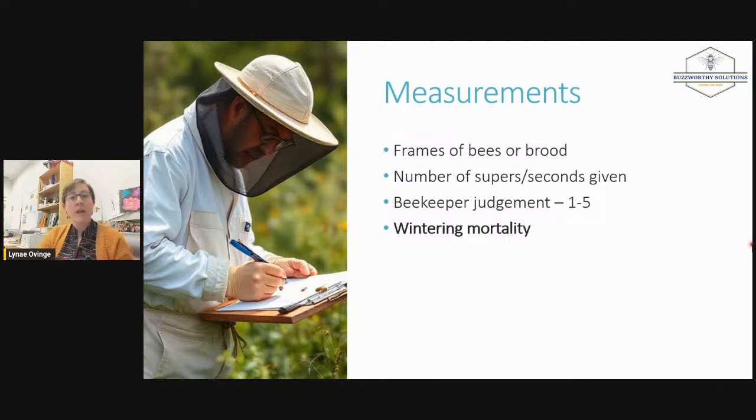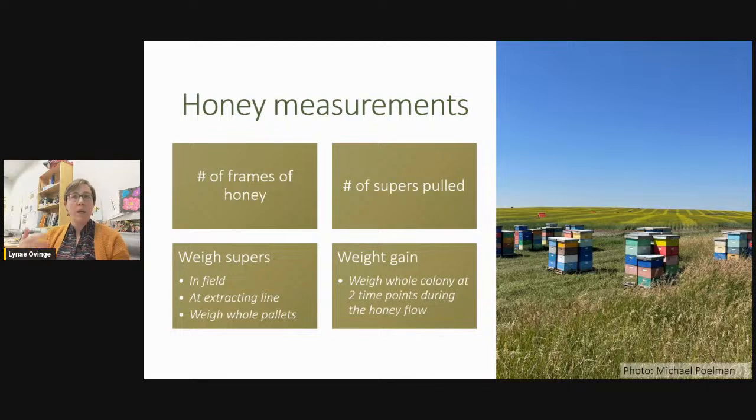You don't have to. And like I said, wintering mortality is a good measurement. We need to have some huge sample sizes to find effects using it, but it's a really great way to measure anything that you're doing in the fall because it's really the number one economic outcome of your fall choices. And so the number one economic outcome of your spring choices is often your honey. And so if we want to talk about some honey measurements, these are some you can do.